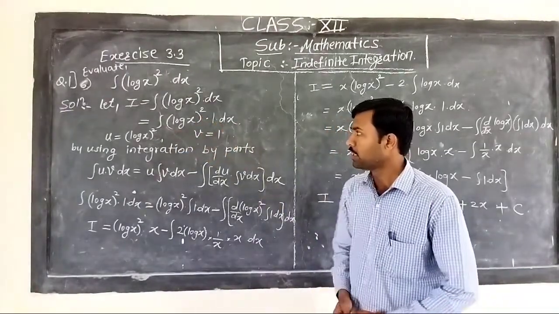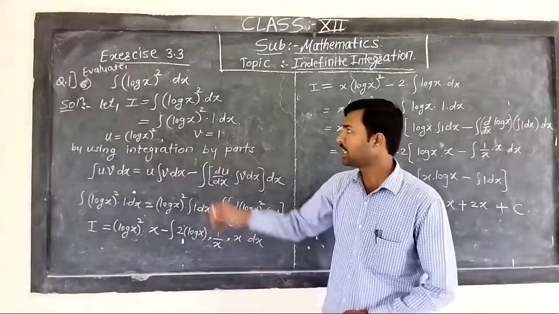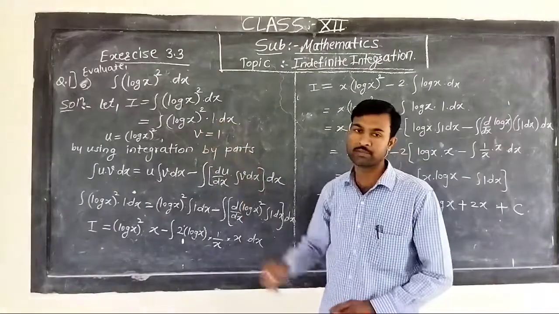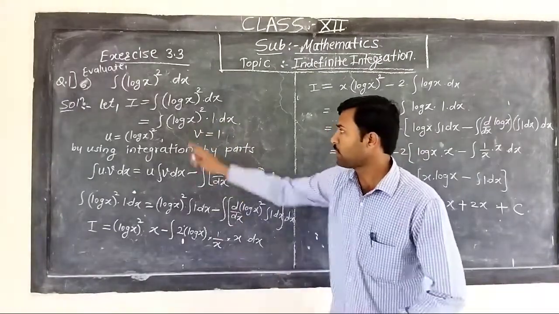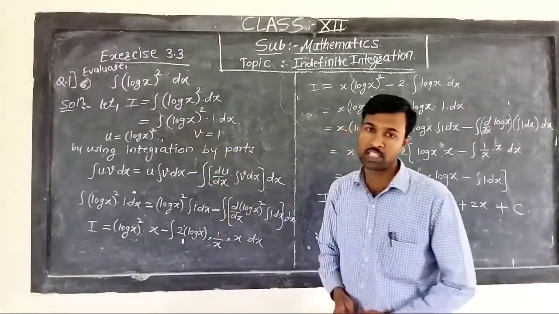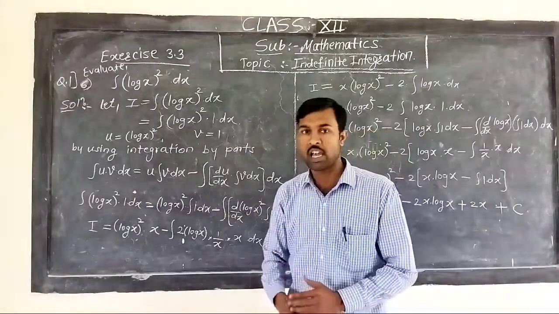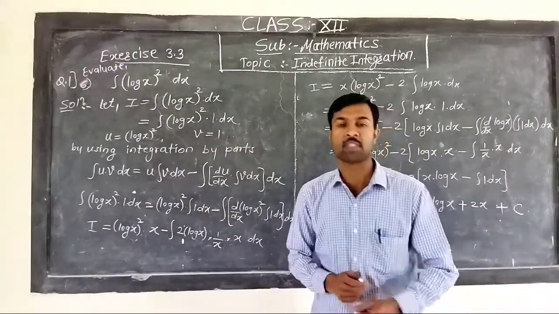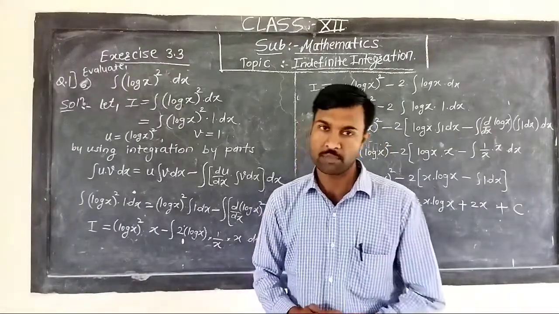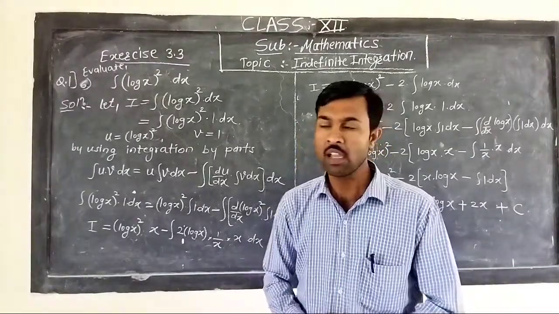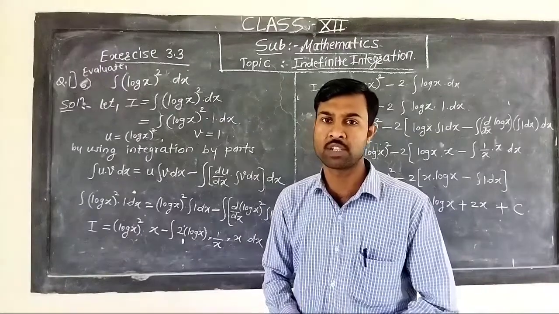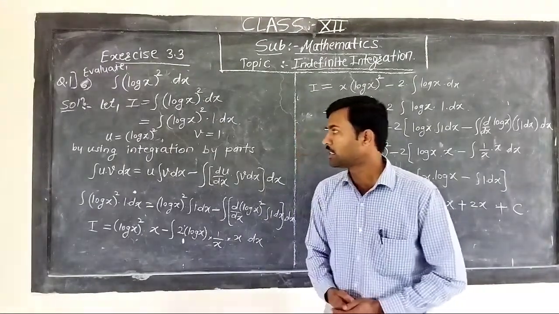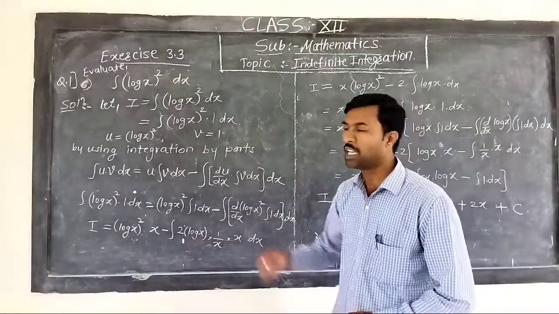Now friends, I have seen that here are two functions. First is (log x) whole square and the other function is 1. So it is a product of two different functions, and if there is integration of such a product, we have integration by parts. For that we need first function and second function, and for finding them we have the LIATE rule. If we apply the LIATE rule here, then we will get,